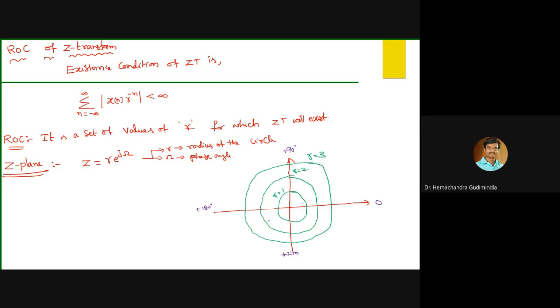Phase angle direction. Sir, if I go in the reverse direction, what will I get? This will be minus 90. This will be plus 90 and this will be minus 90. So now,